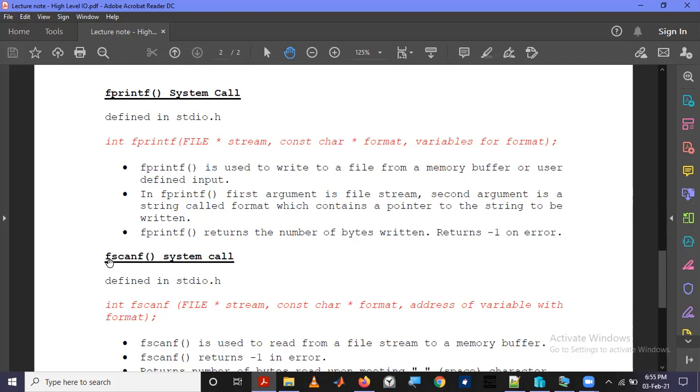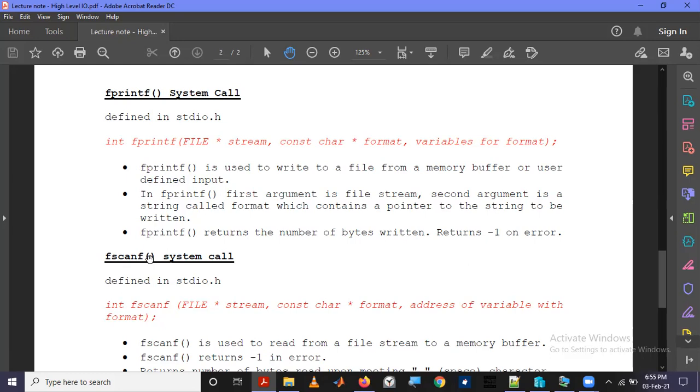So in printf the F stands for formatted, and here F is for file, scan is just for scan. So just like that, file, scan, formatted. That is the literal meaning of this F, fscanf.